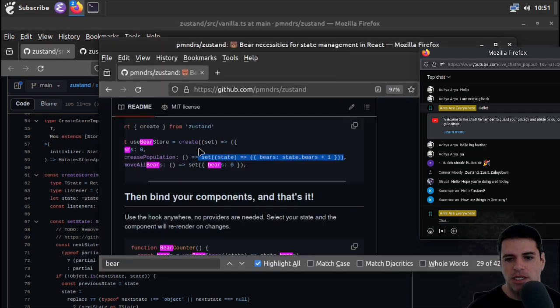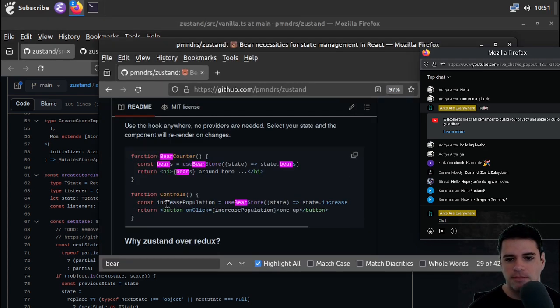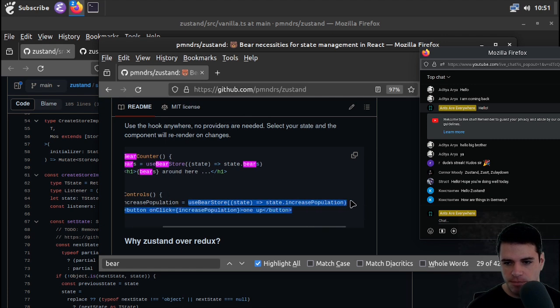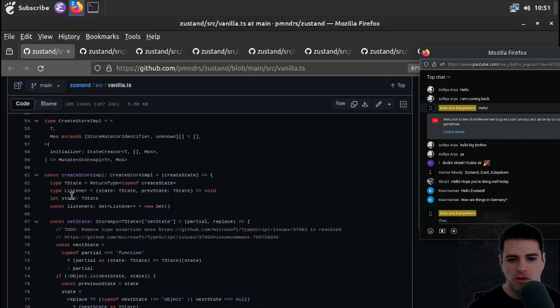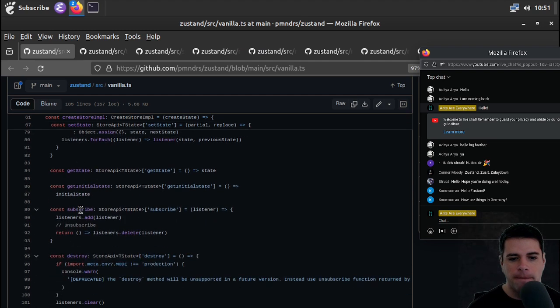Did we use set state lowercase here? You have use bear store, and the increased population calls use bear store with a function. I don't think we used set state explicitly,